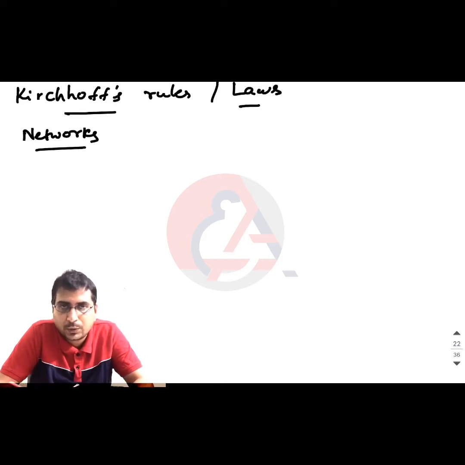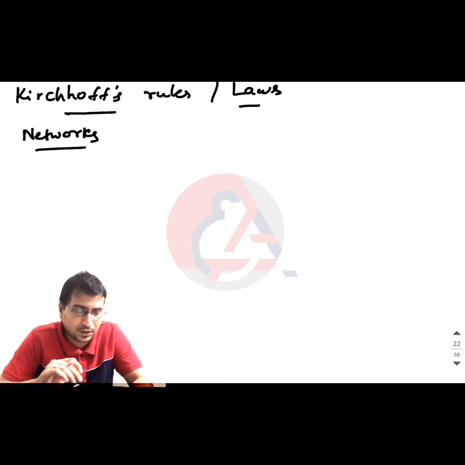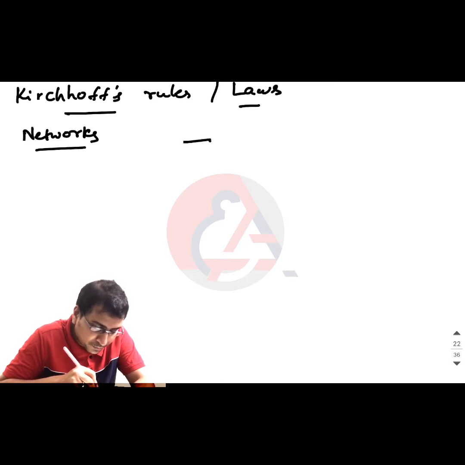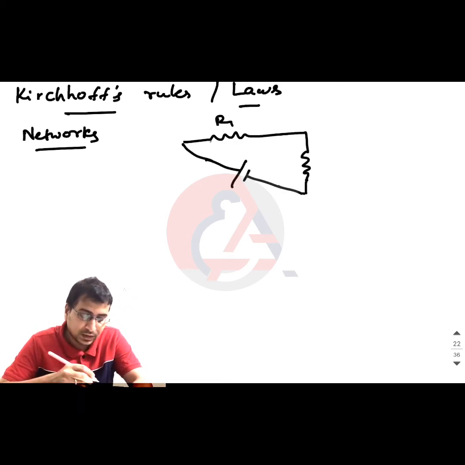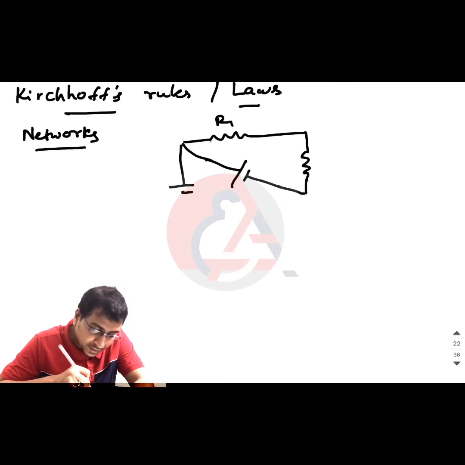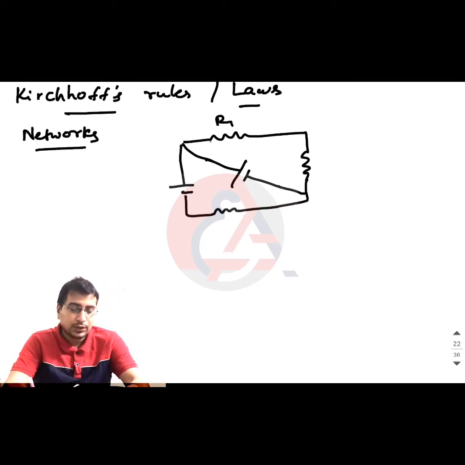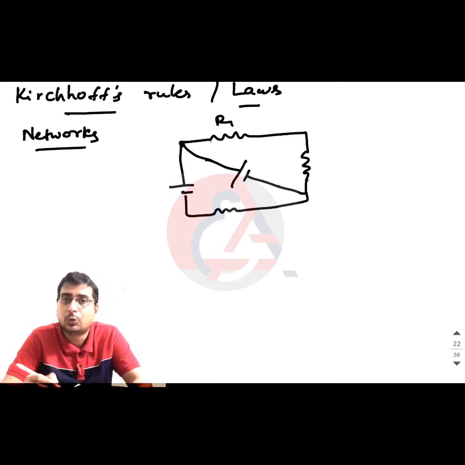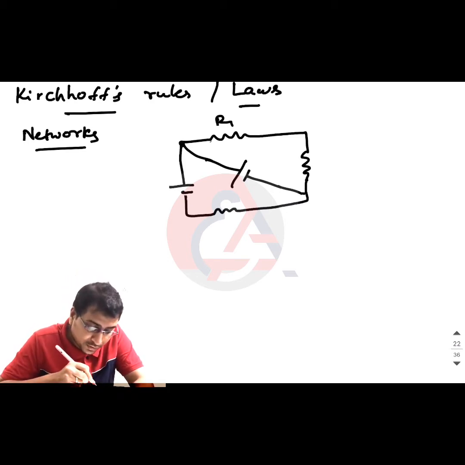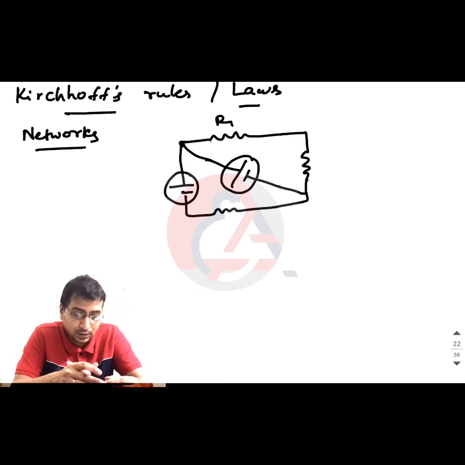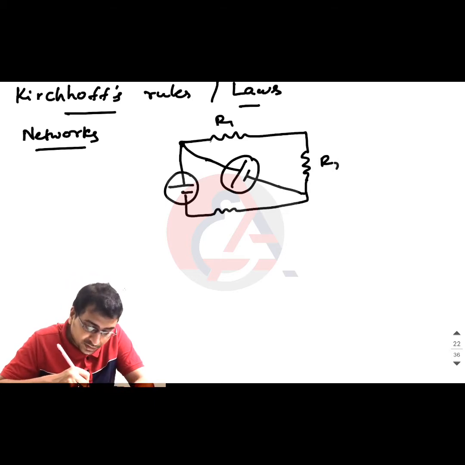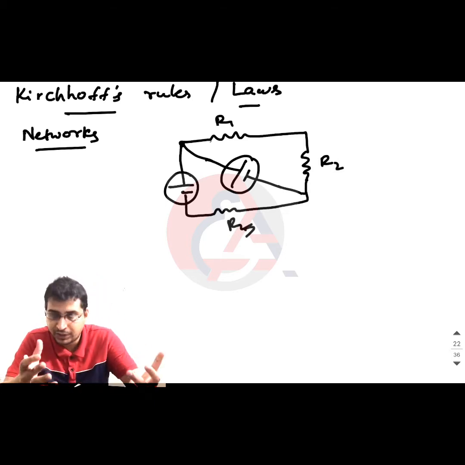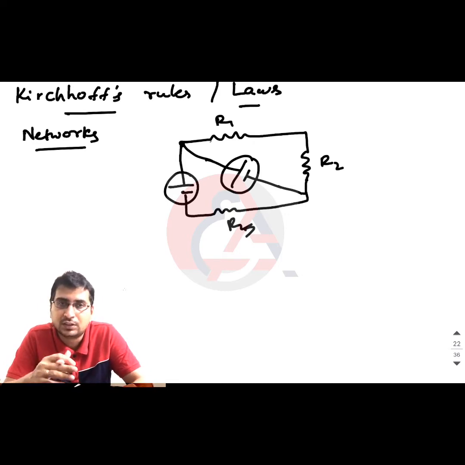Networks have branches associated with them. Let me show an example of how a network looks. Let's say you have one resistor like this, and you have another resistor across which there is a cell connected. Now you have another cell like this and a resistor in this way. It is not easy to apply Ohm's law here because you have two cells. You need to first look at how the cells are connected, whether in series or parallel. Similarly, you need to look at how the resistors are connected, whether in series, parallel or a mixed combination, and then draw the equivalent circuit and solve.